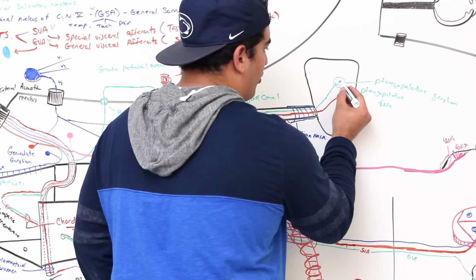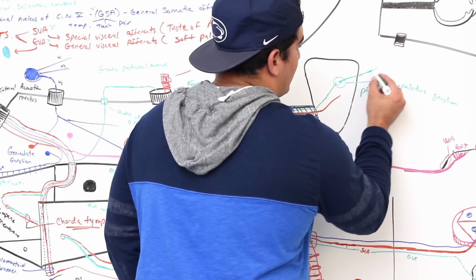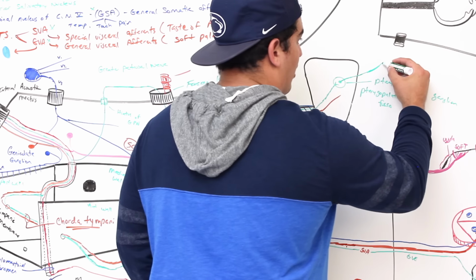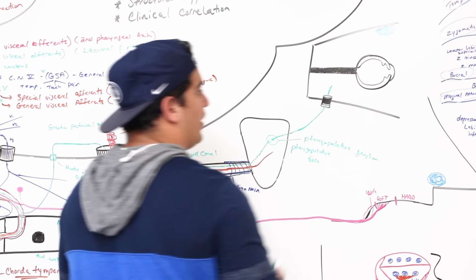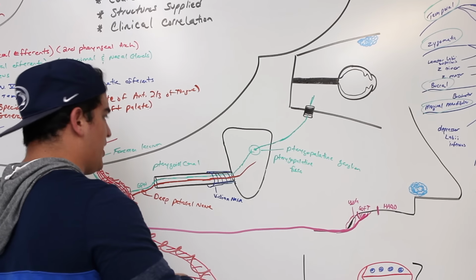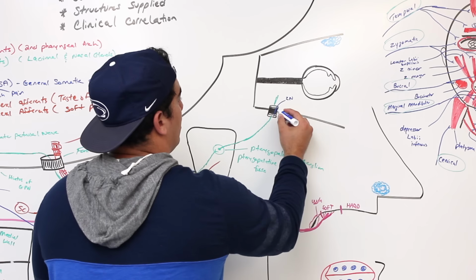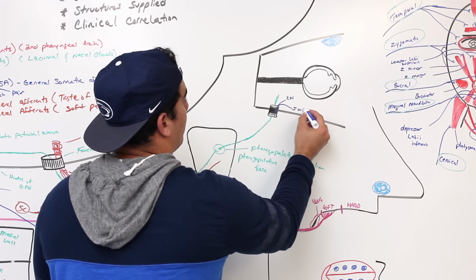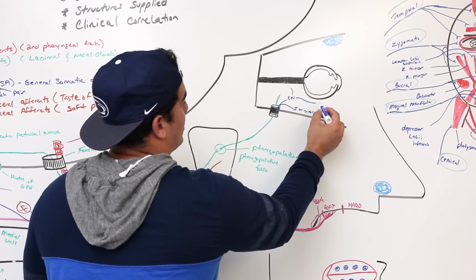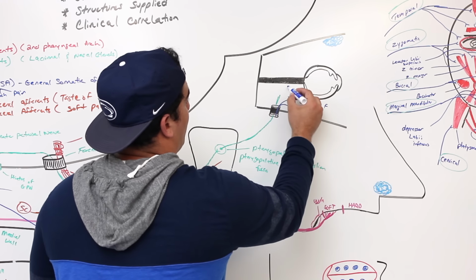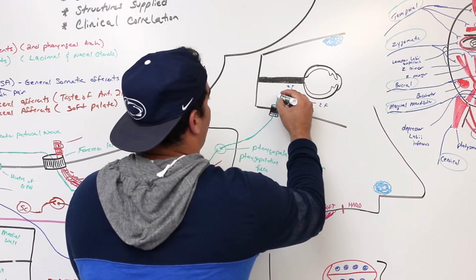The greater petrosal nerve will actually come out of the pterygopalatine fossa, and these are the postganglionic fibers, right? Postganglionic fibers. They'll run up through the inferior orbital fissure. There are other nerves that are also running through this area too, which are part of the maxillary nerve. Remember, you have the zygomatic nerve. Then you have the infraorbital nerve. And remember, the zygomatic nerve gives off two branches. One is the zygomaticofacial and the zygomaticotemporal. This greater petrosal nerve is going to be moving with these guys, but then what happens is it gives off